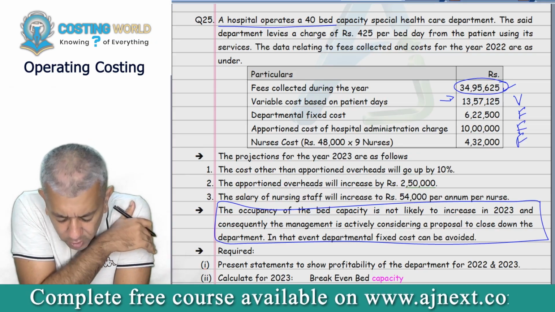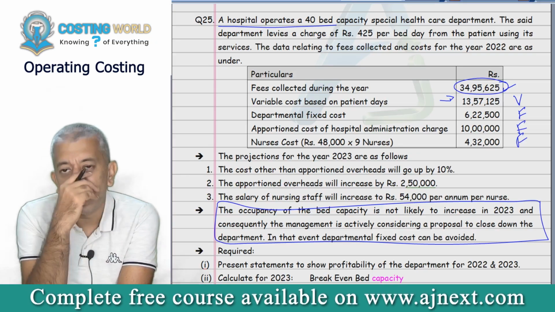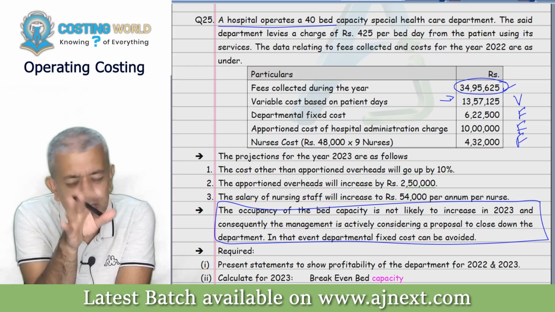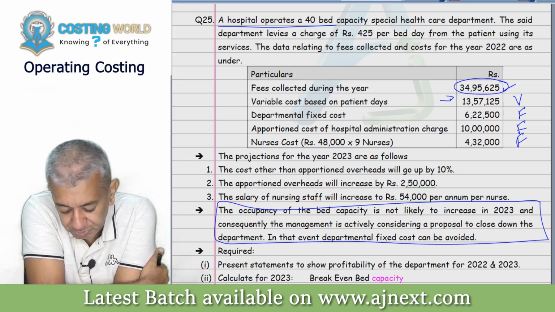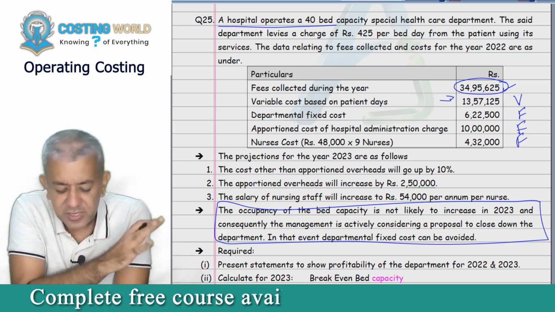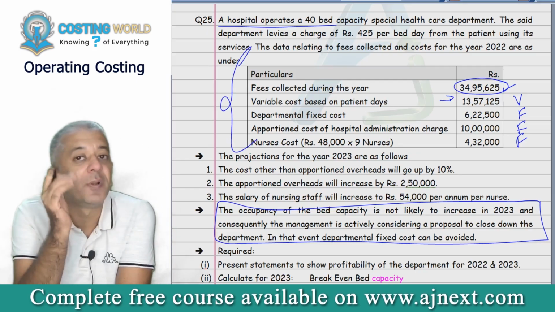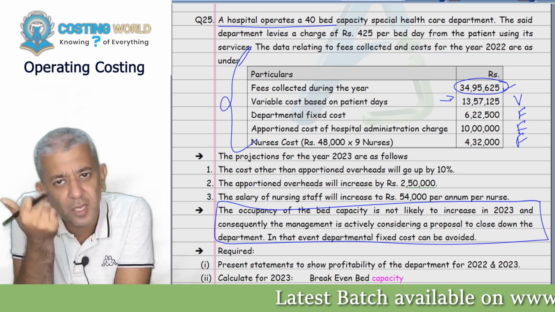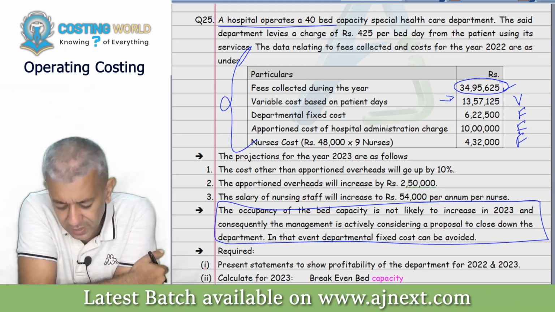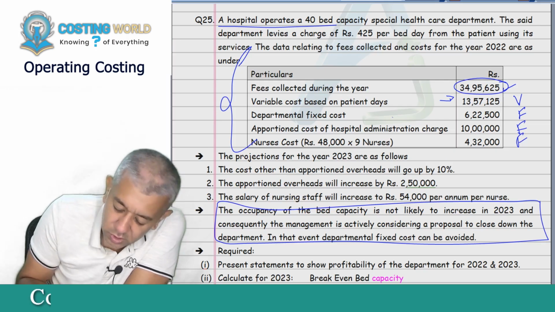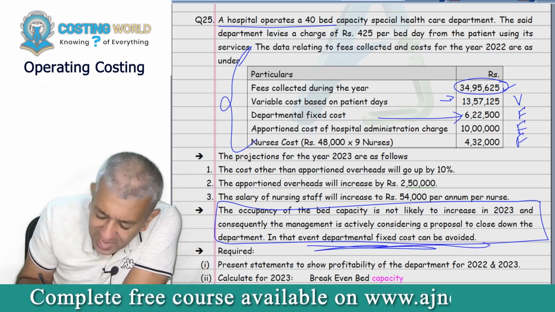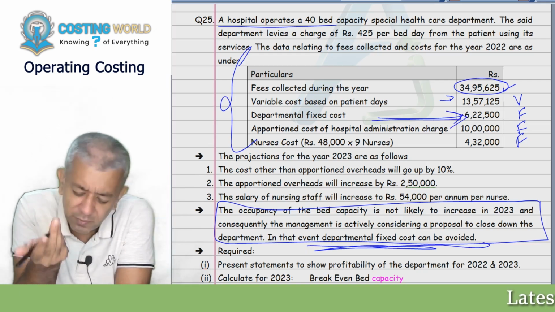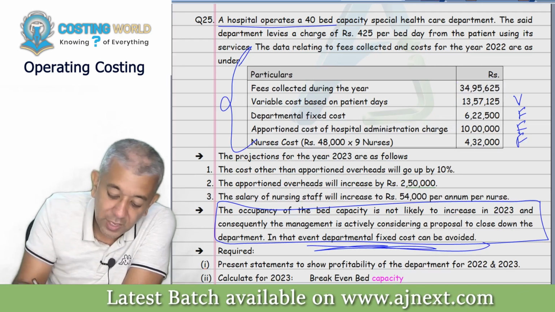Those guys are saying that occupancy of bed capacity is not likely to increase in 2023. So therefore, in the next year, the bed capacity will remain same only. The occupancy will remain same only. So, company is thinking to shut down this entire department of the hospital. It is not thinking to shut down the hospital, but this is one of the departments in that. Okay, they are thinking to shut it down. They are saying that if we shut down, then even these costs, departmental fixed cost, can be avoided. They are saying if this particular department will shut down, then the fixed cost of this department will also not be incurred in future. Okay, if we will shut down,